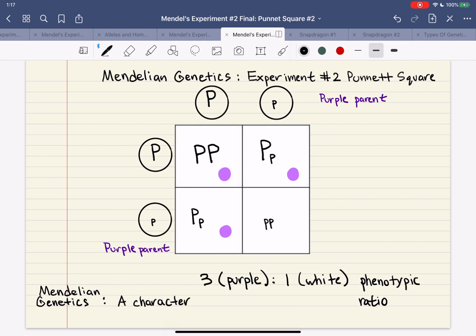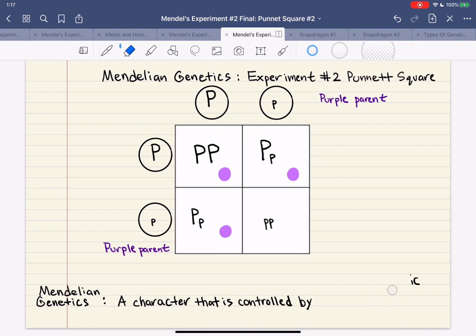And that character is controlled by, I'm going to erase this for more room. Hopefully you've copied it down. A single character like flower color controlled by one gene. That was supposed to say a single gene